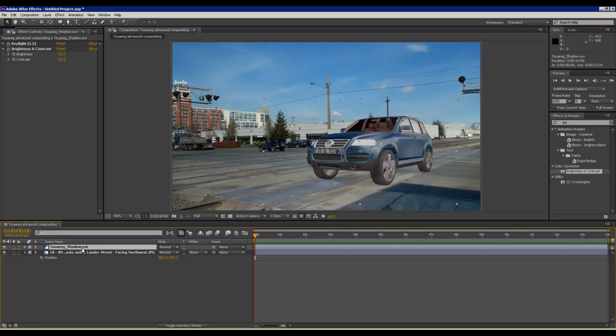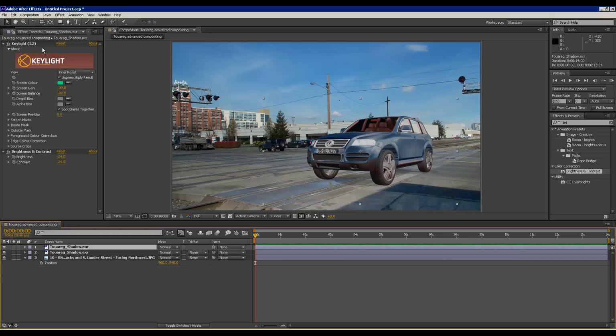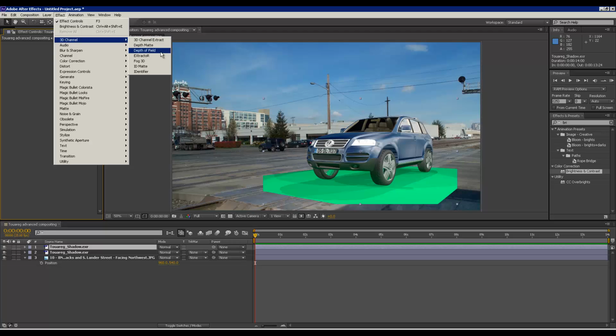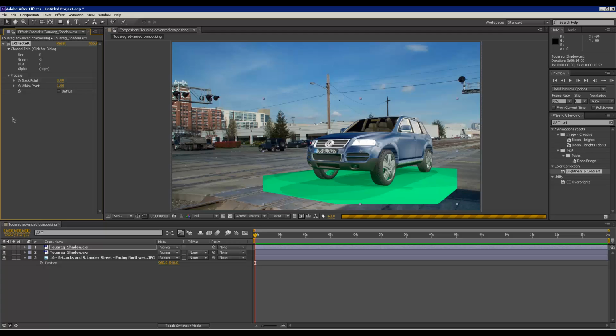Oh, and yeah, let's duplicate this, and we can basically get rid of these two. And this is kind of the point of using Multipass, because we can extract different channels by using this effect from the 3D channel group of effects, right? So if you use Extractor, which is included in the CS4 and later versions of After Effects,